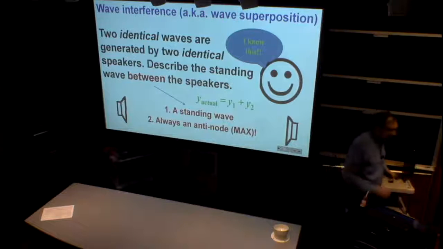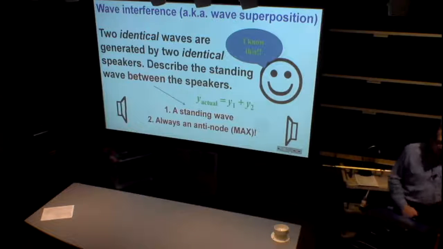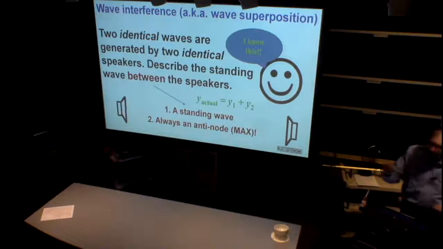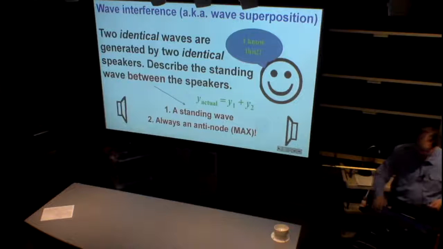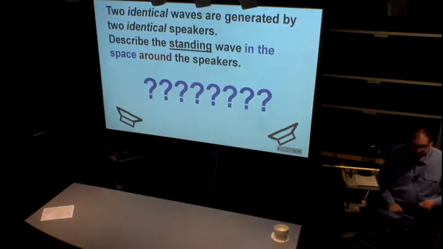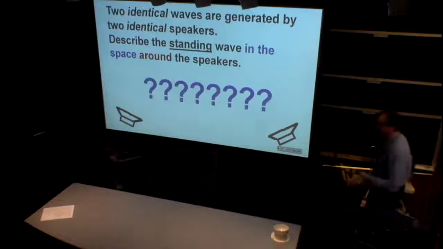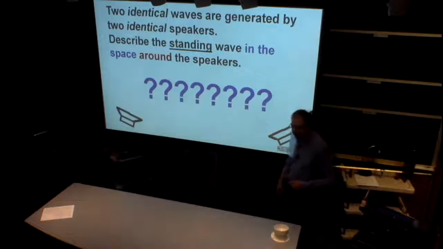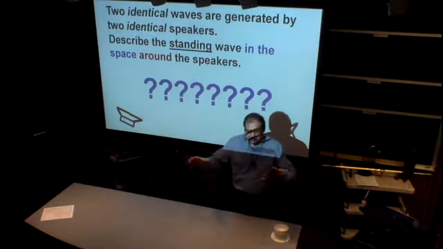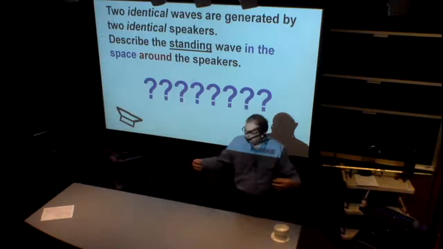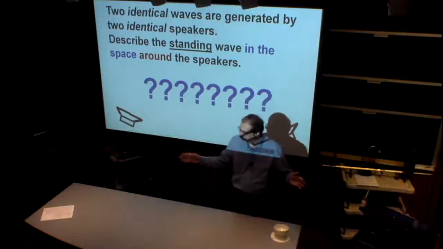And we know that the standing wave has certain locations where we observe maximum of intensity and certain locations where we observe nothing. We call them minima. So what's going to happen if we try to generate a standing wave in space, not just between the sources, but everywhere? Well,